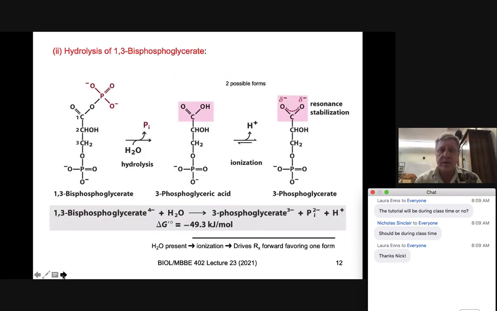Now, another molecule within the glycolytic pathway is 1,3-bisphosphoglycerate and its hydrolysis. This particular molecule has a phosphate group attached to the carbon number 1 position, and also a phosphate group attached to carbon number 3. The issue comes down to selective processes with the enzyme reactivity, selecting this particular phosphate group over this phosphate group. And again, using the same process, with molecular water as a hydrolysis reaction and splitting that water into the hydrogen and the hydroxyl, we will see the release of the inorganic phosphate. With that hydrolysis, we produce